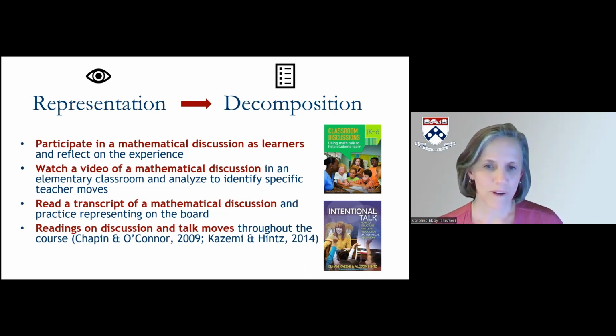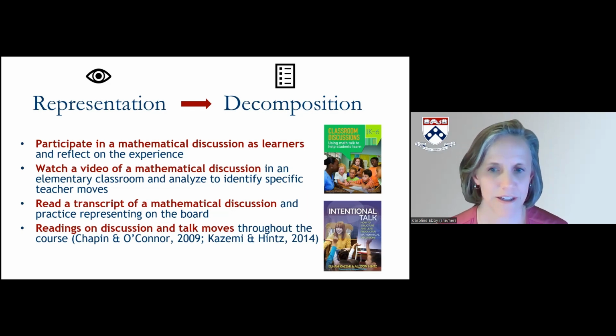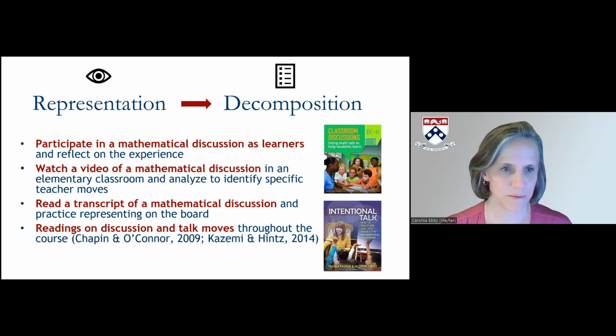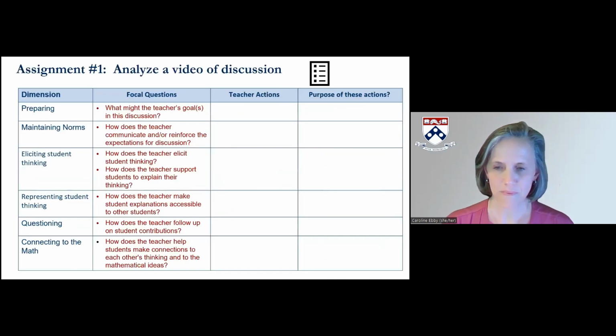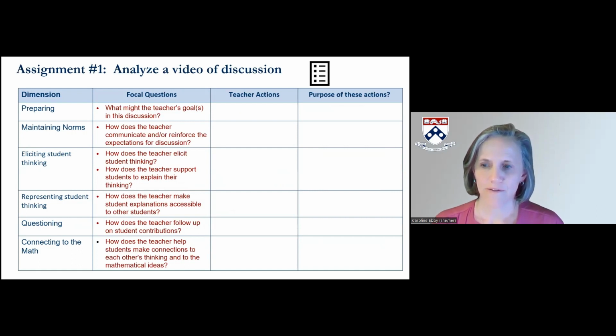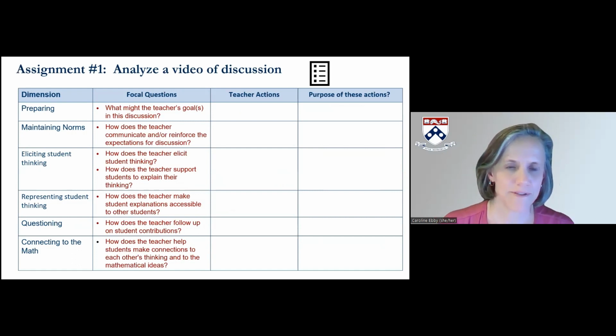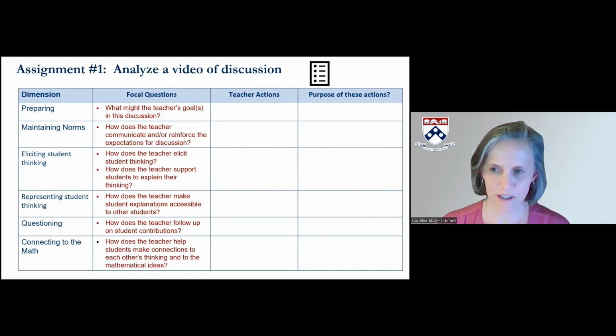And then throughout the course, they are also doing readings on discussion and talk moves to help support their understanding of these practices. So to go a little bit deeper into the assignments, for this first assignment, I give students specific questions to answer when they're watching the video of the teacher leading discussions. So again, this helps them decompose into the component parts of leading a discussion.